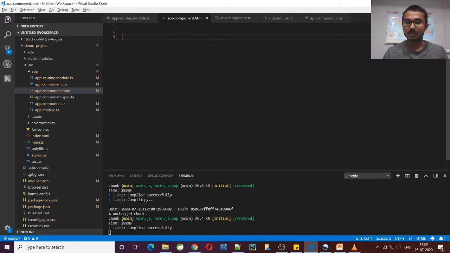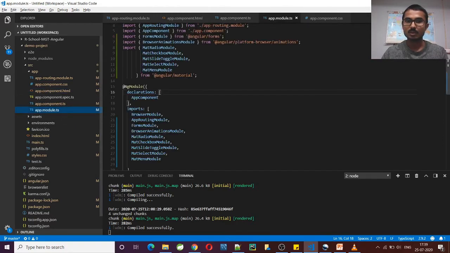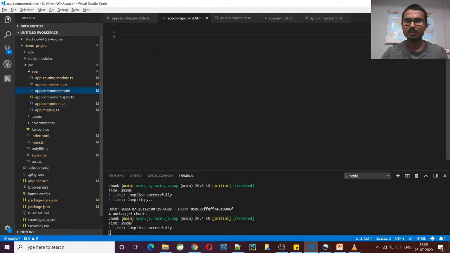To work with this in Angular, in the app module you need to import the Math Menu module in the import section. And then in HTML, we just need to create a button.